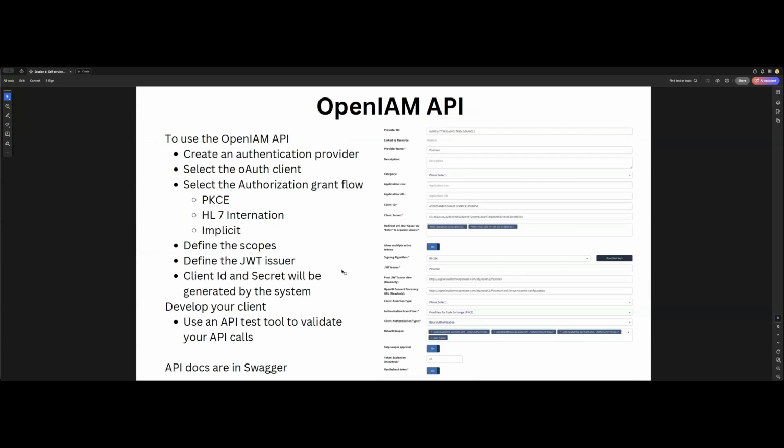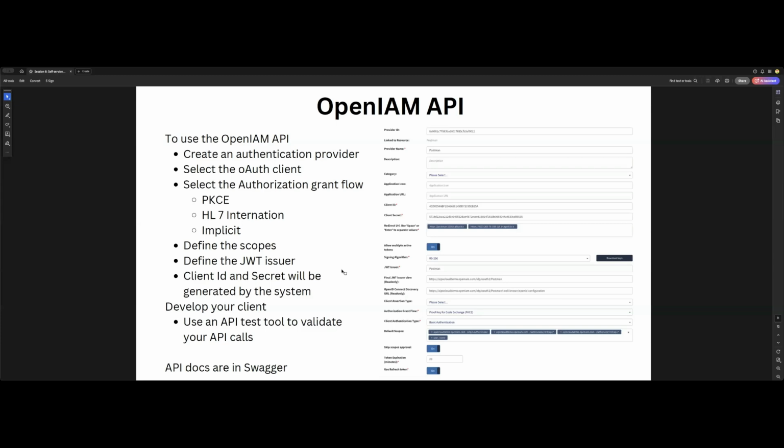So there's a rather extensive REST API layer that you can use for your own applications or your own clients that you create. So the first thing that you need to do before you can use that is you need to create, sorry, it's called an authentication provider,